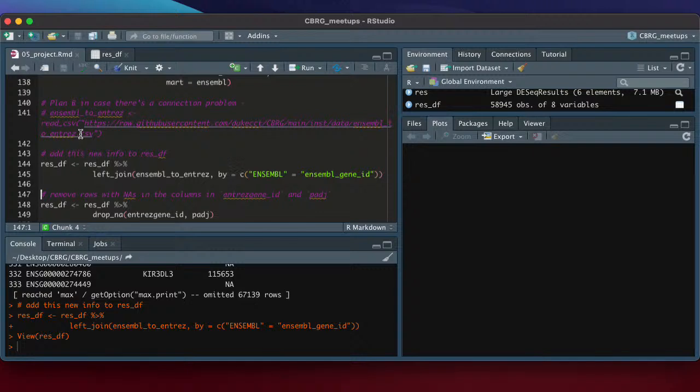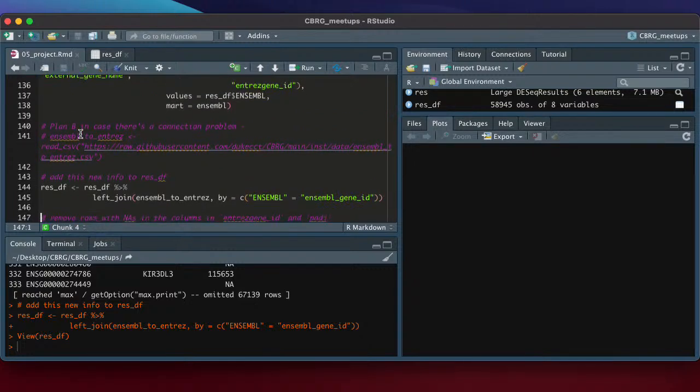Okay. I think you've already seen the code, but anyway. So we saw that there are lots of missing terms in the Entrez ID column. It'd be nice to get rid of them. What's one way of doing that? Filter is one way. We can easily do it with filter, but we have to write a little bit more.